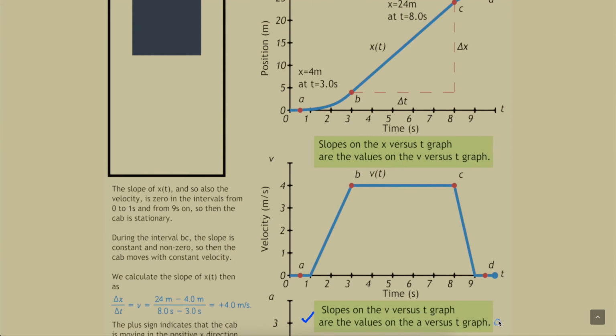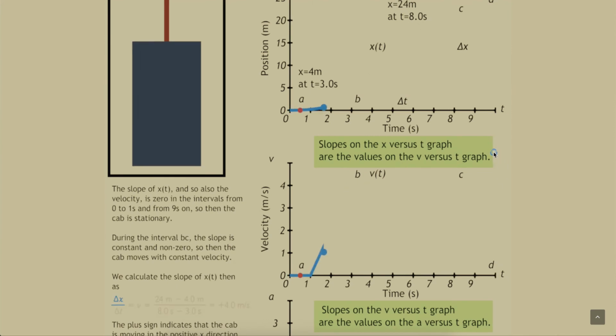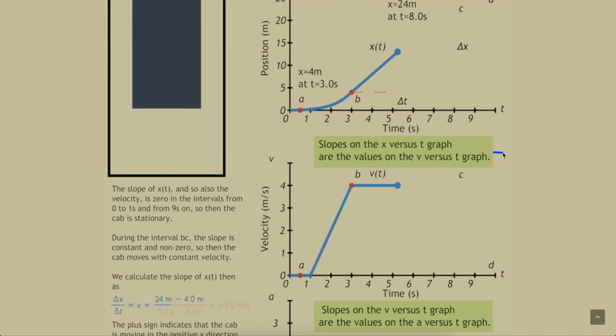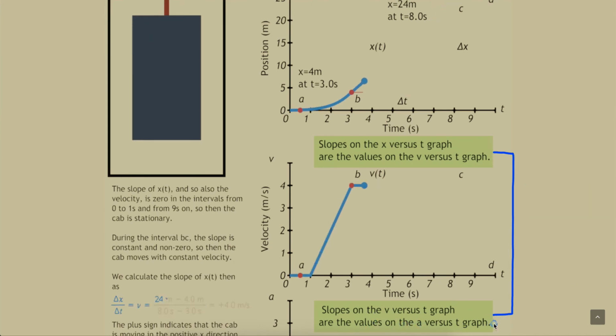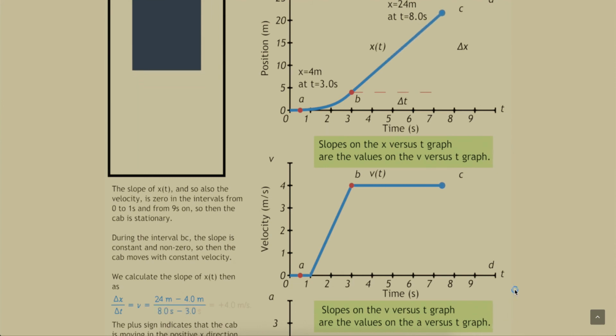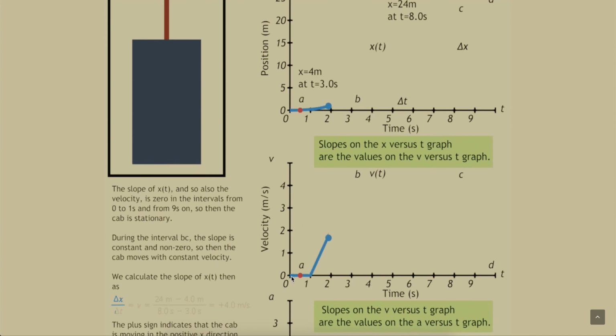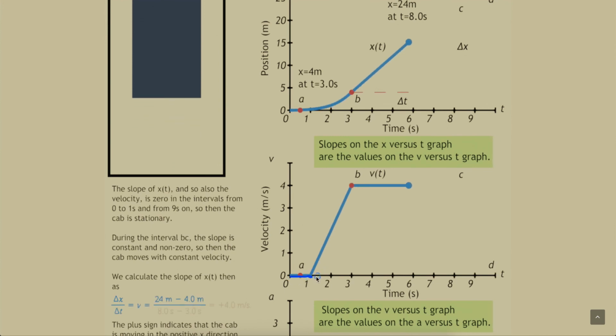If you think you're having a deja vu here, you're not far from the truth, because just like B is the value of the slope of the position time curve, A is the value of the slope of the velocity time curve. So from the velocity curve, we can tell there is no slope from 0 to 1 second. So that means acceleration must be 0 as well for that period of time.